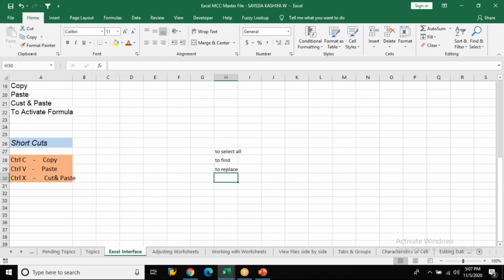What is a shortcut for auto fit in the column and row? If I want to auto fit the cell size, what is a shortcut? Very good. Excellent. So it is Alt HOI. If I want today's date, what would be the answer? Excellent. So that means you know everything.